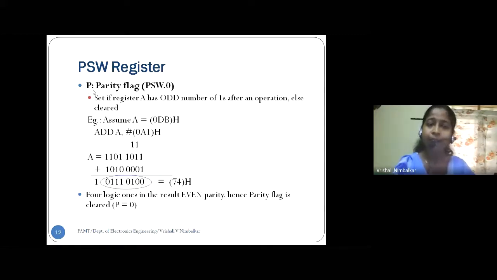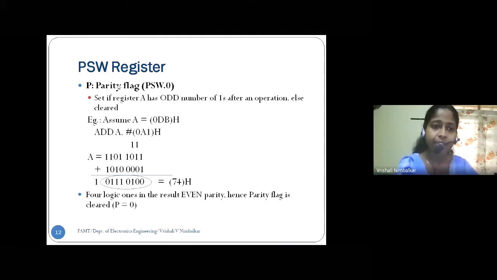Correct? And why is this odd and even parity used? Whenever we transmit data, the transmitted data and the received data should be the same. And to check that, we make use of parity. So parity is used generally for error detection during transmission. Okay, that's the use of odd parity and even parity, right?